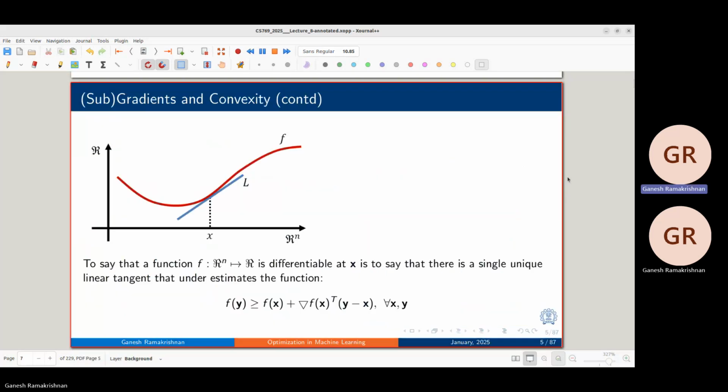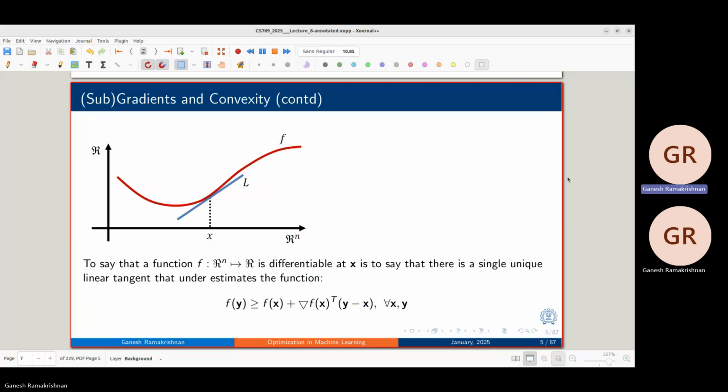Okay, so with all this, we are now equipped to talk about subgradients. So subgradients help generalize the concept of gradients to non-differentiable convex functions. Why is convexity required? As I said, when you have a convex function, you have a convex epigraph. Okay, convex function implies or is equivalent to convex